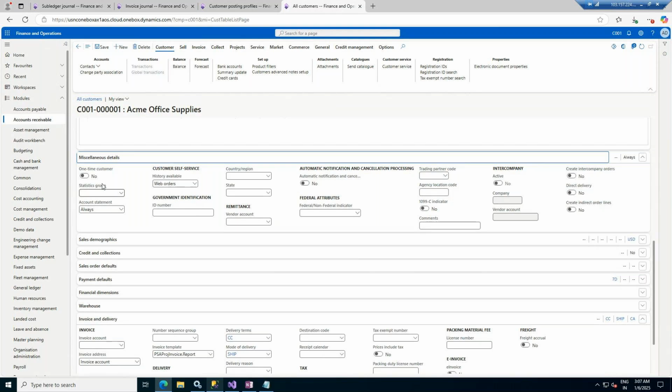If it is a one time customer, then you can segregate it, so that you rarely sell to this customer, and in that case you can make it a one time customer. Create intercompany orders, I will come to it later when I tell you how you can create the intercompany purchase order and sales order. Government identification, any ID number, federal ID number. So this is